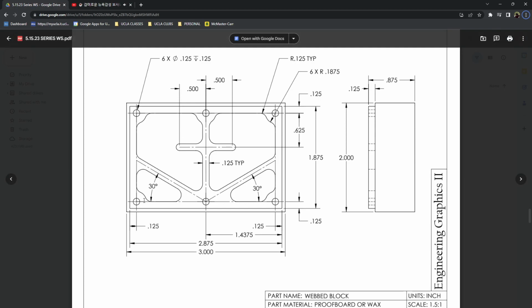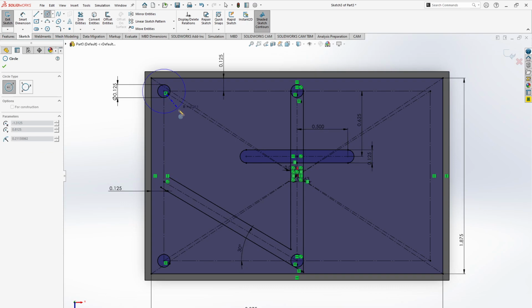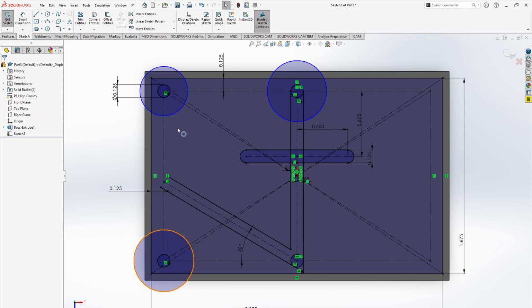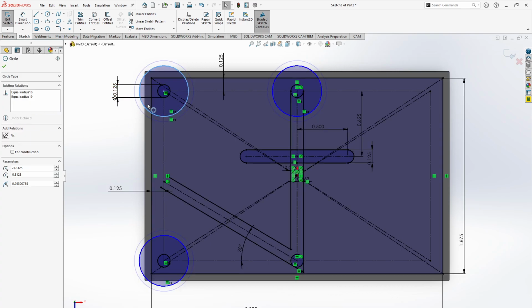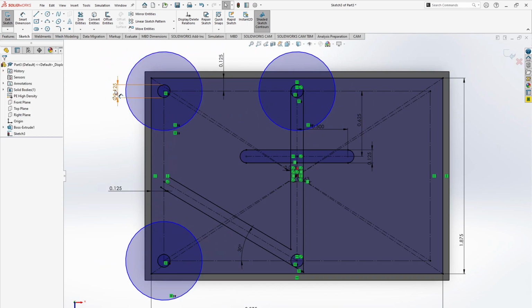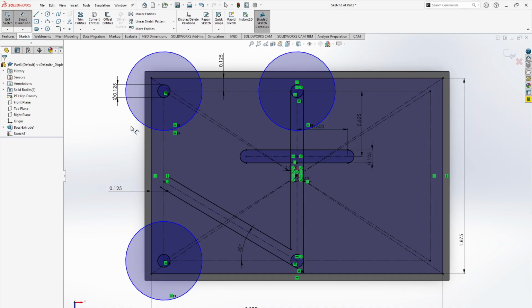So what I'm gonna do is put a circle here, here, and here. And then since we're gonna be mirroring, these two should already be defined. So again, I'm gonna take out my circle tool, left click and drag, left click and drag, left click and drag. And I'm gonna control left click all these, and I'm gonna set them as equal. Since I'm setting this as equal, they're all now gonna be the same dimension, so I don't have to define all these with the same radius as 0.1875. So I'm gonna grab my smart dimension tool, click on this, click here,